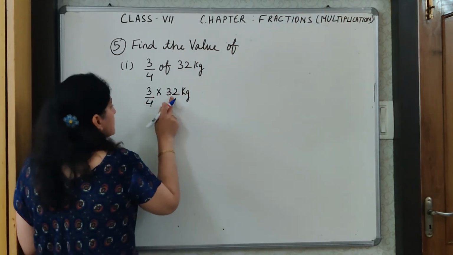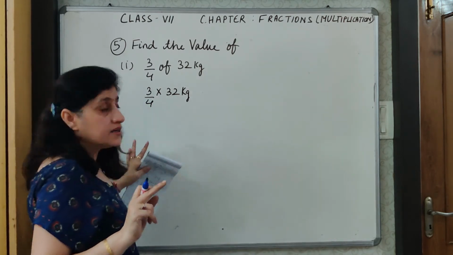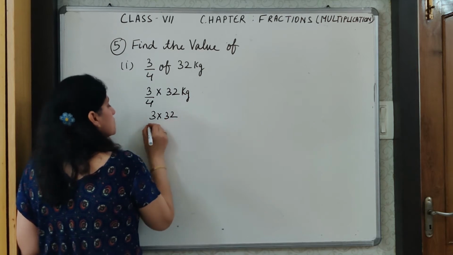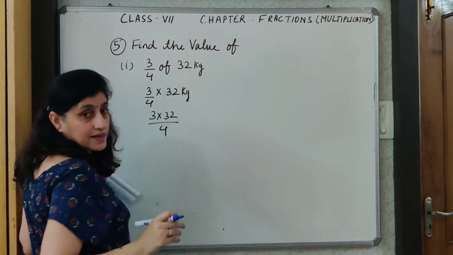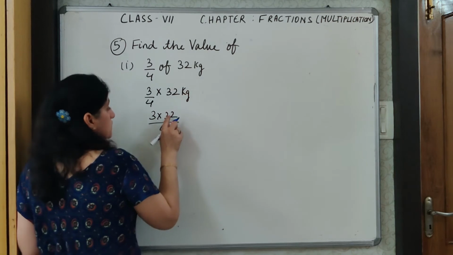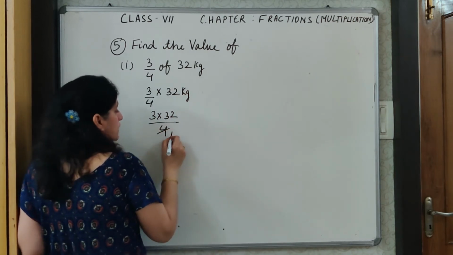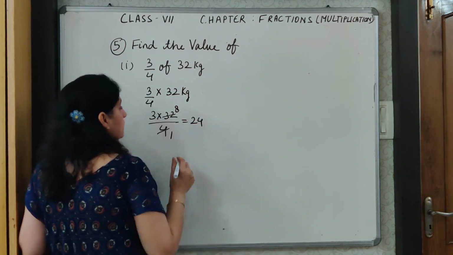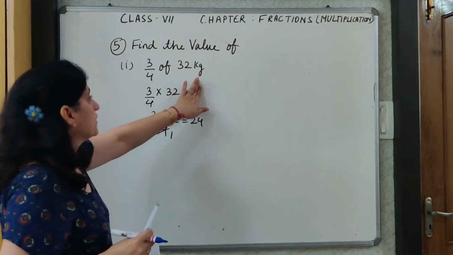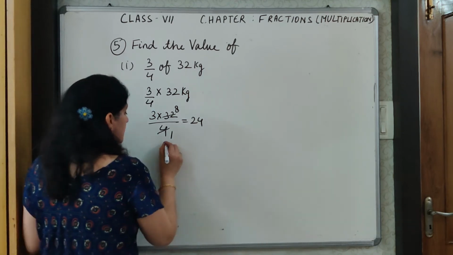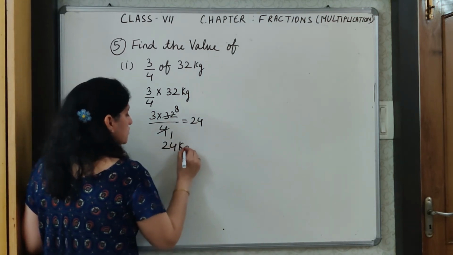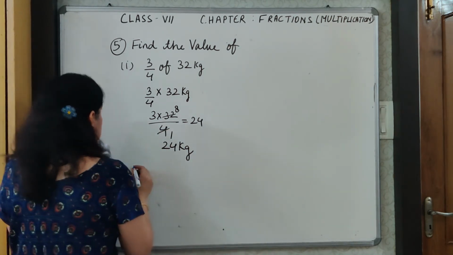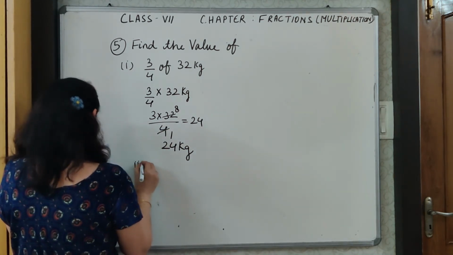But here I see 32 and 3 are in the numerator and 4 is in the denominator. If you get confused, you use another line of your page and write like this. This is a multiple of 4. So 4 1s are 4, 4 8s are 32, is equal to 24 I am getting. But I have a unit over here, so I will write the answer as 24 kg. Is it clear, children? Very easy it is. So when the unit is given, we return the answer in unit.